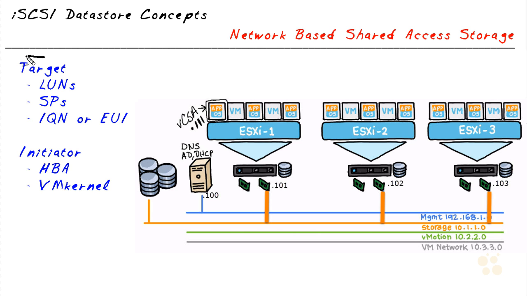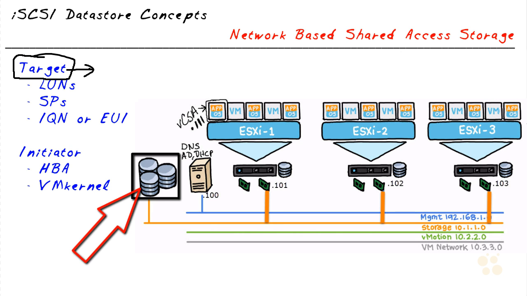First of all, we need something called an iSCSI target. A target is a server or service that is providing the storage, the actual datastore itself. There are lots of vendors who can provide iSCSI targets. So let's imagine that we have this box right here from one of our vendors, and it's got several hard disks in it. It's network attached. It has an IP address on this storage network. So the storage processor's IP address is reachable at